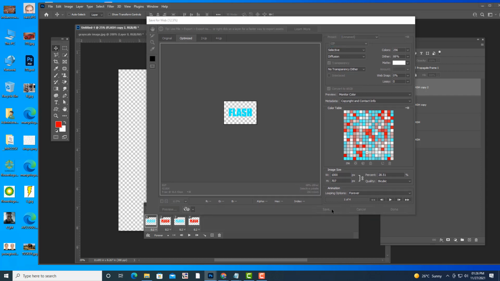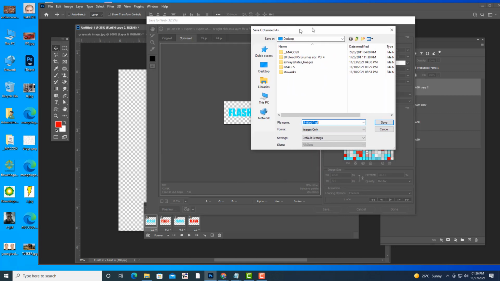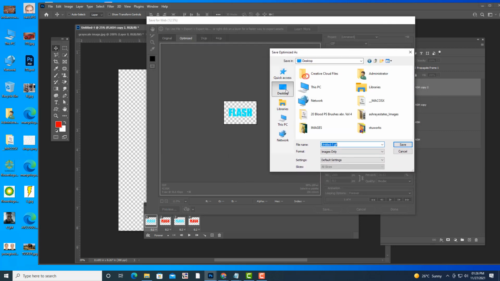Just click on Save, and then this window opens, and I'm going to save this file on the desktop. So we'll simply say flash. Okay, and then the most important thing is here. The format should be Images Only. Other options are there like HTML and HTML and Images. HTML is a language used for designing websites.